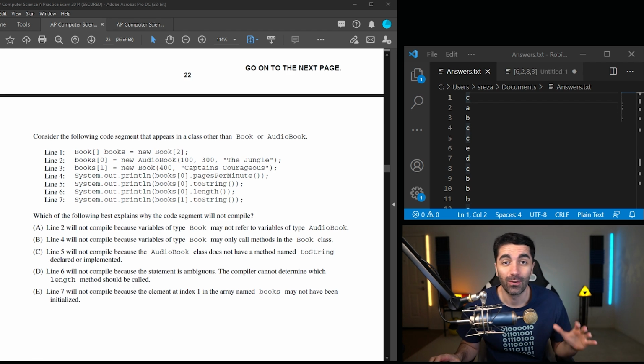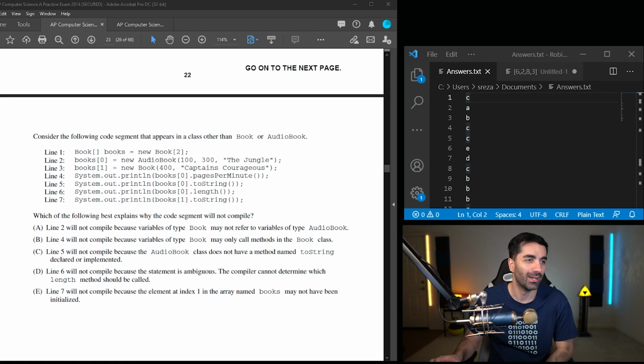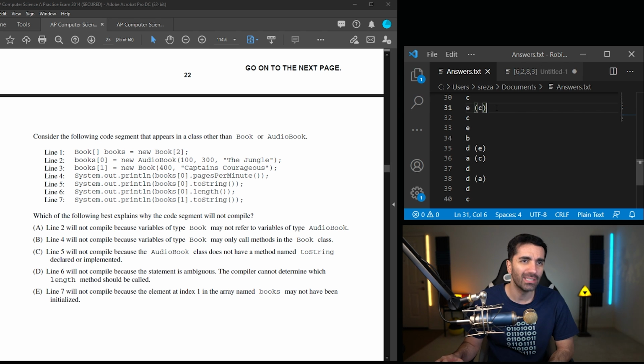All right, so after grading, I got a 32 out of 40, which was obviously not what I was expecting. I actually started out pretty strong. I got the first 14 questions right, and I got 19 of the first 21. And then at the end there, I think I just got tired and I missed a bunch. Most of the ones I missed were just me being careless or not paying attention.